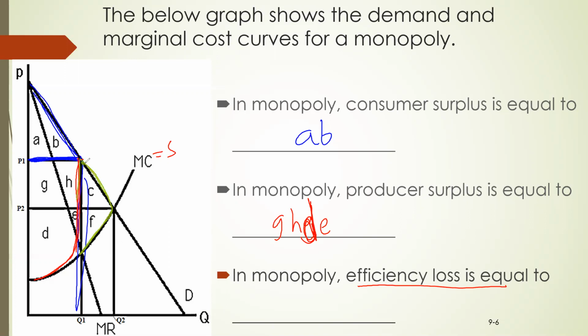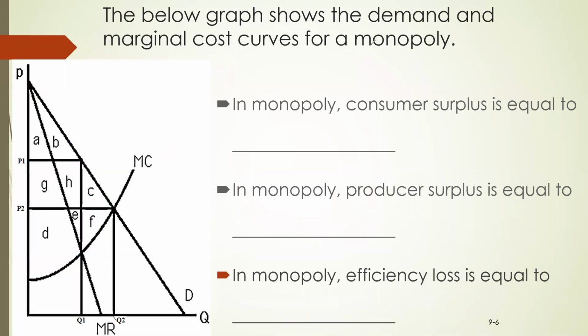Now, finally, if you're looking for efficiency loss, what's happening here is that compared to pure competition, this particular triangle area is left out from the consumers and producers. This area we show as efficiency loss, which can be shown as C and F. That means anytime you move away from pure competition, the market is always going to lead to less efficiency. When there is less efficiency, it creates efficiency loss. That's what we are looking at in this.